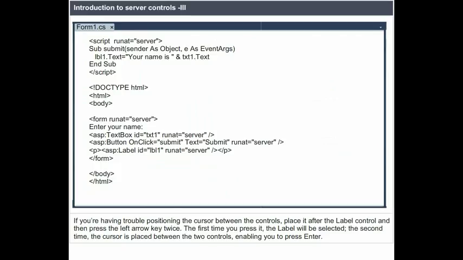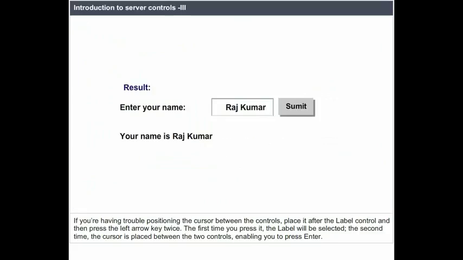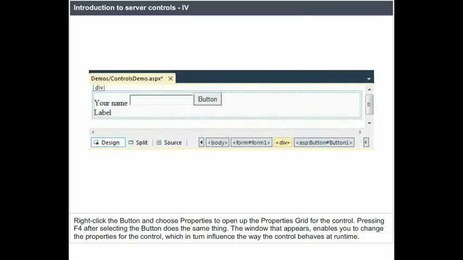The second time, the cursor is placed between the two controls, enabling you to press Enter. Right-click the button and choose Properties to open up the Properties grid for the control. Pressing F4 after selecting the button does the same thing. The window that appears enables you to change the properties of the control, which in turn influences the way the